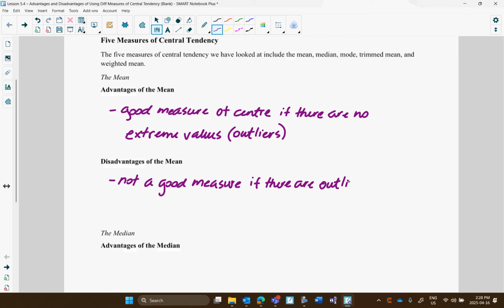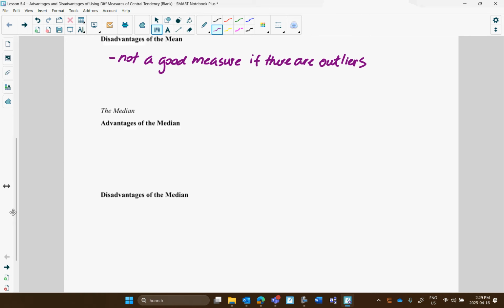So like if we have 10 people and their income, and 9 of them have incomes somewhere between 80 and 90,000, and one has an income of like 2 million a year. The mean is not a good measure of center for that, because that 2 million is an extreme value. It'll pull the mean up. It'll make it higher than it actually is. Okay? And we already talked about that. Which means that generally the median is a good measure.